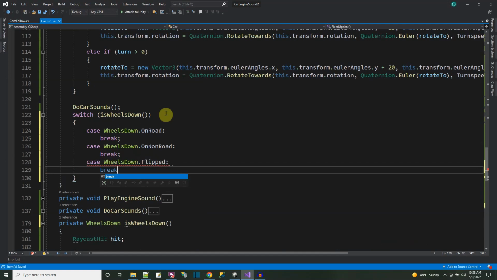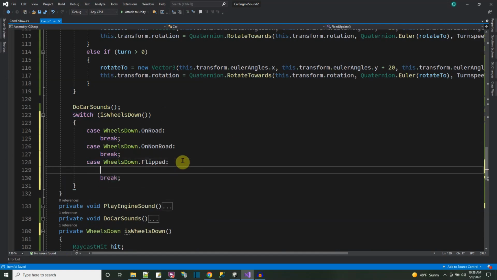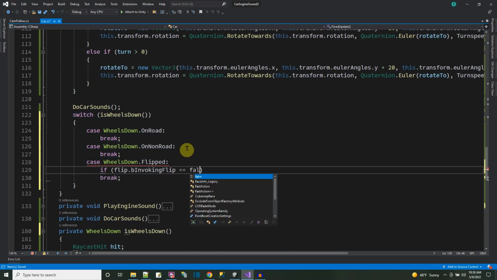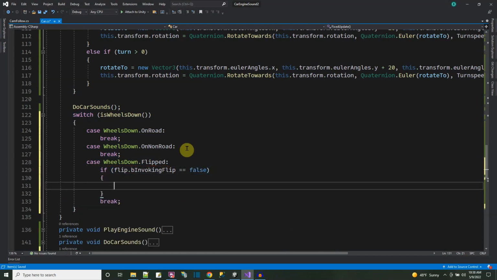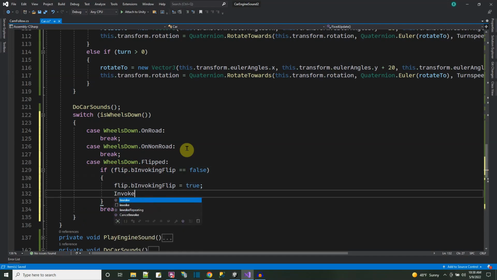This is where we gotta do something. So if the car's flipped, what am I gonna do? I have to flip it back over. So first thing I have to do is make sure I didn't call to flip the car over yet. So if flip dot be invoke flip equals false, then I could go ahead and call to invoke the flip. So here I'll set the be invoke flip equal to true, so I don't call this again. And then I'm using an invoke, so I don't have it make wheels down as out of a function,